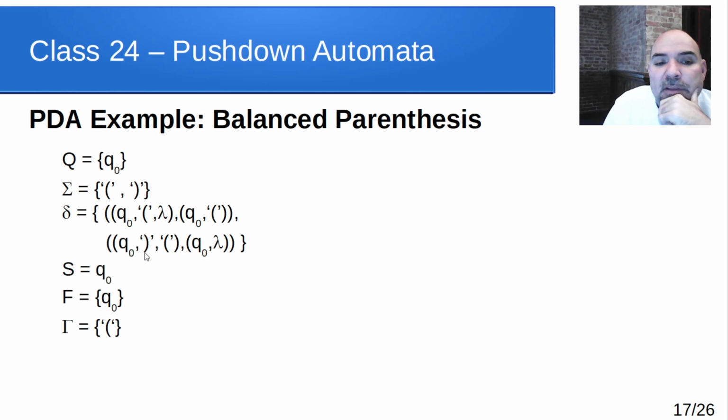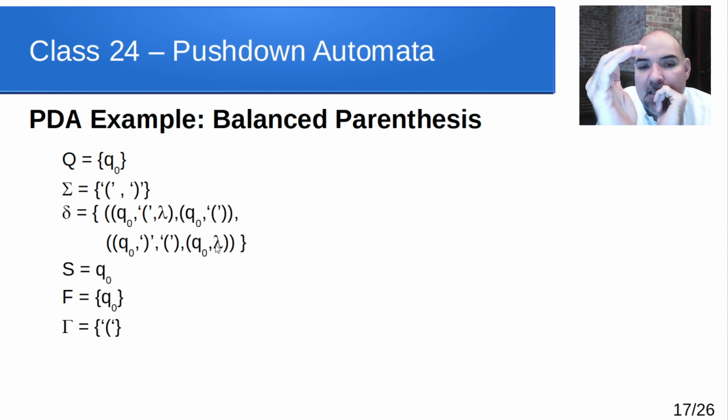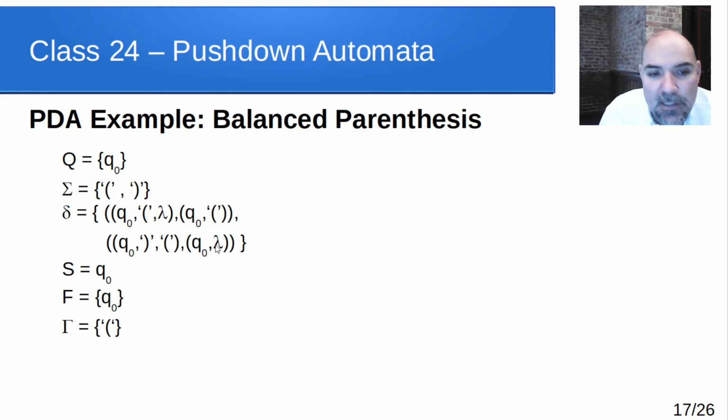When I see a closed parenthesis and I have an open parenthesis on the stack, then I just pop it. I just pull it off of there and say we're good. So in other words, every time I see an open, I'm going to push one on the stack. And anytime I see a close, I'm going to pull that one off the stack and then move on to the next symbol because I've matched that close with the open that we already saw.